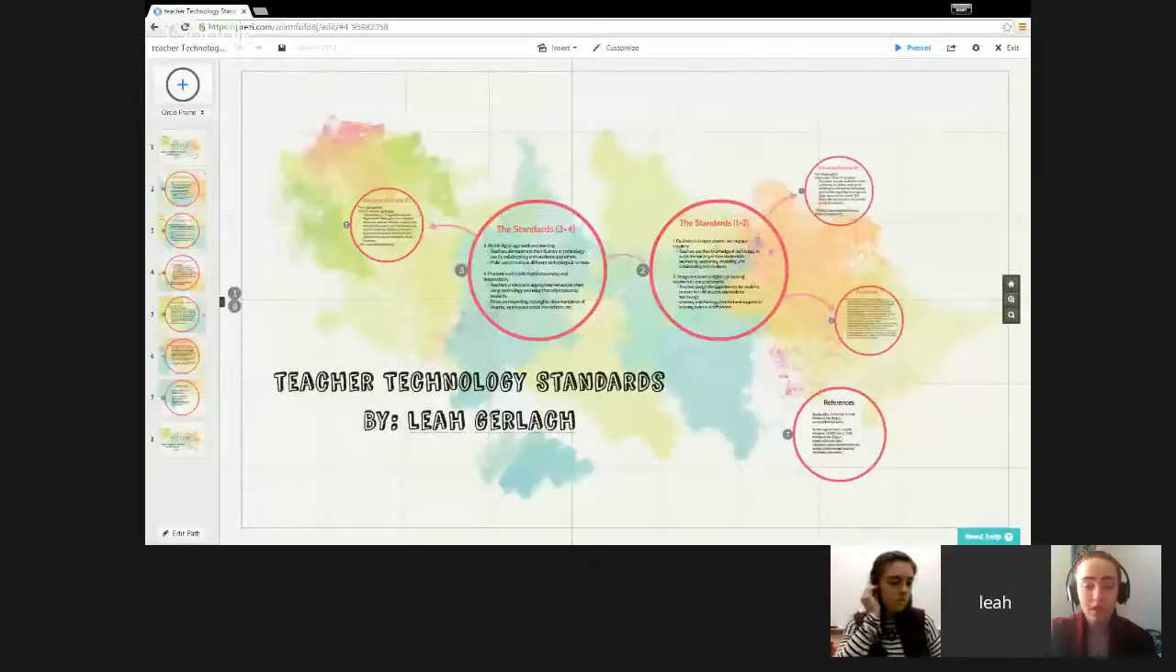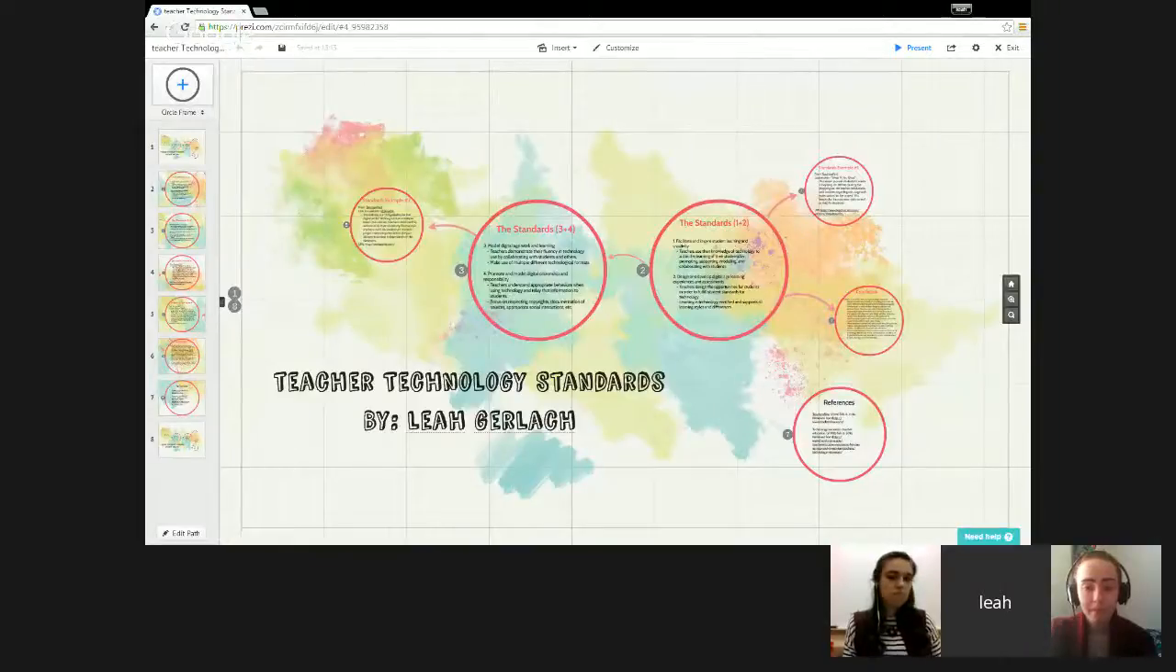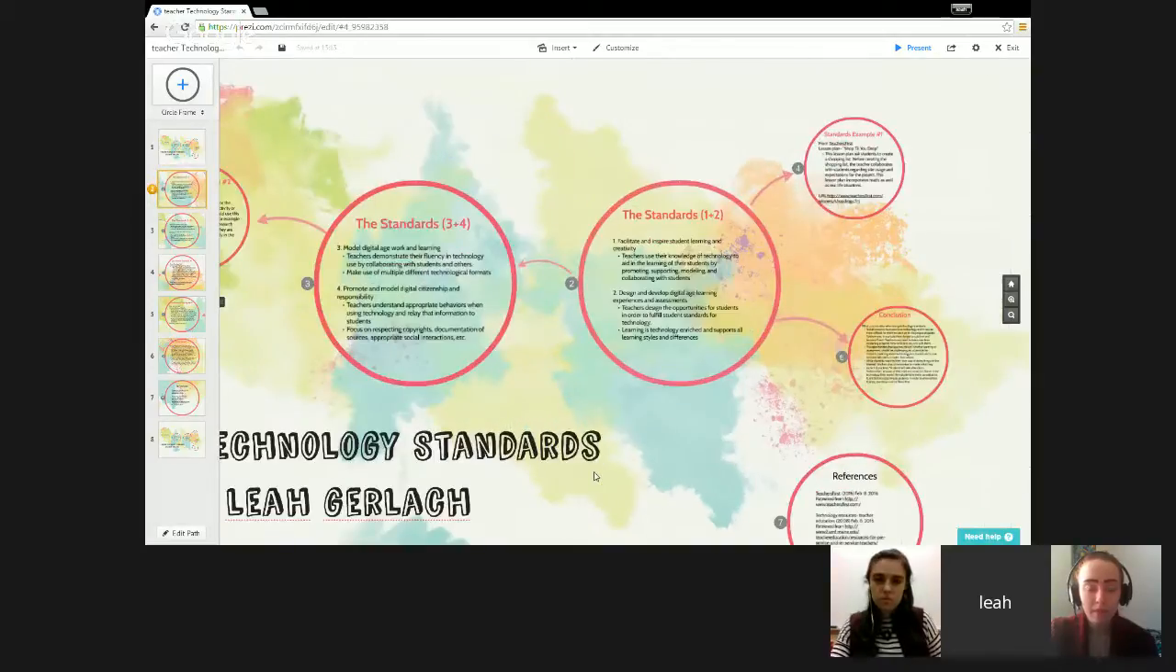Sure. So I have the standards for teachers, 1 through 4. Can you all see? Yep. I can't see them. All right, so my first standards are 1 and 2, and I've split them up between the 1 and 2